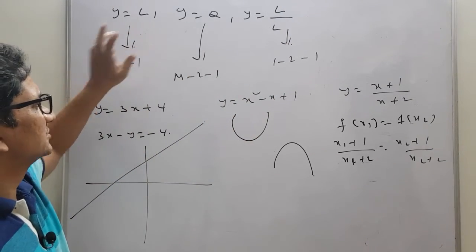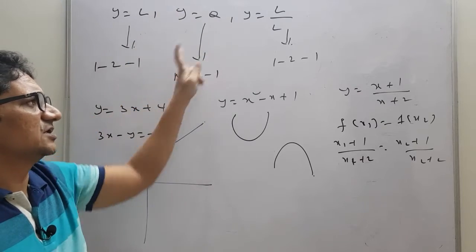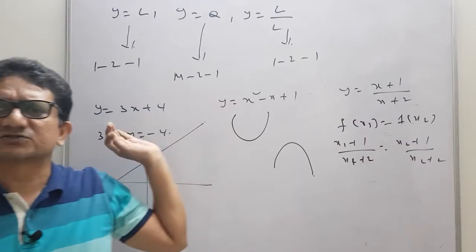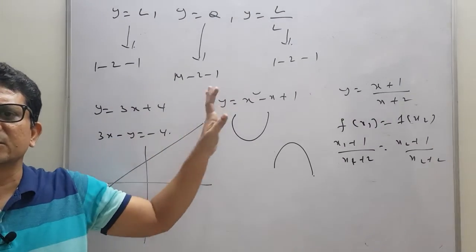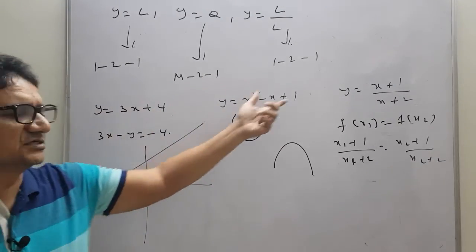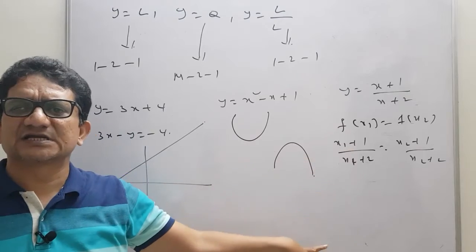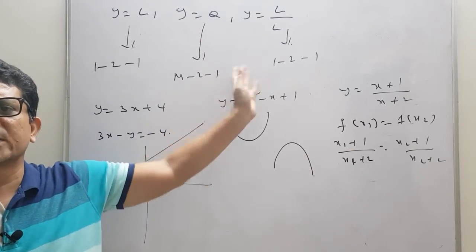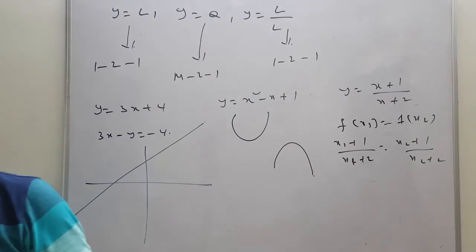See, y equals to linear is 1 to 1, y equals to quadratic is many to 1. And so we check for 1 to 1 and many to 1 only. Onto, again we will find the range. So we know in detail how to find the range of every part. We just apply the range concept and compare with the codomain and then check. Note down these 3 points.